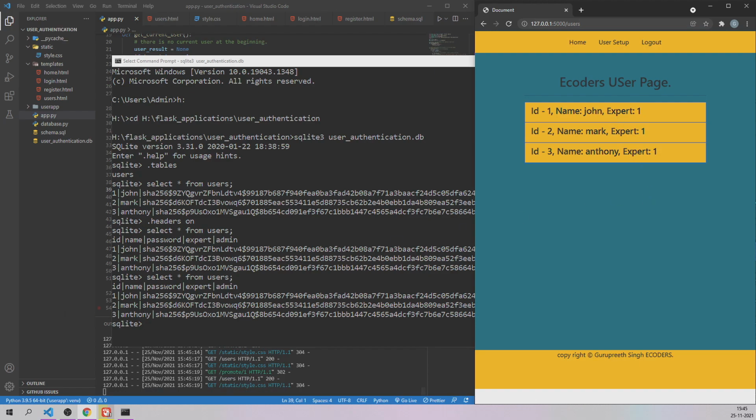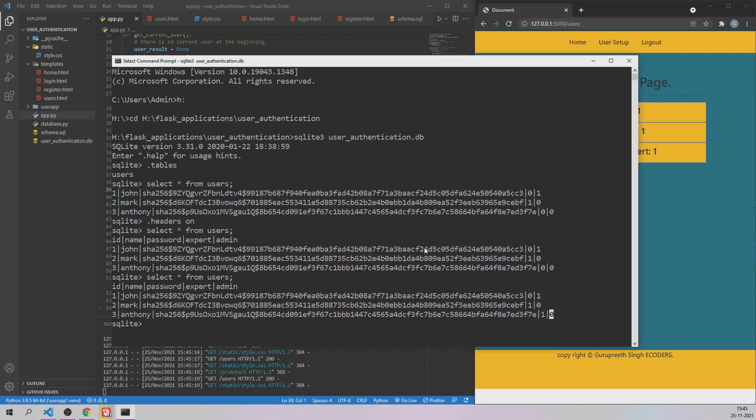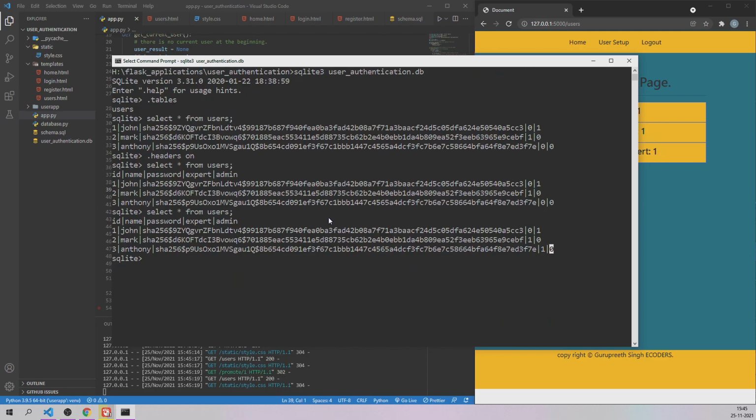Now, just for the time being, I'll make all of them normal users again. I'll write the update query for that. First you have to write the table name, so update users.